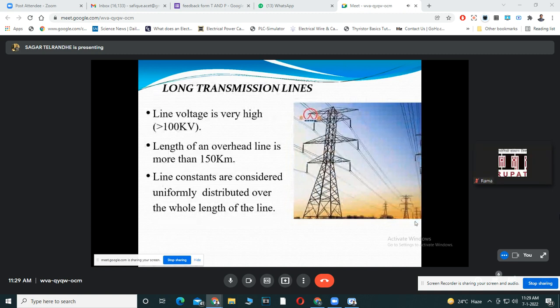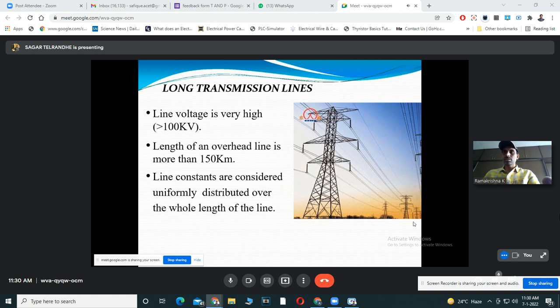Further, we have the long transmission lines. These long transmission lines have a voltage greater than 100 kV. And as I have discussed earlier, this voltage may vary from 100 kV to 765 kV in practice, and theoretically it has been studied that we can supply a voltage of 11,000 kV on the same transmission line. The length of the overhead line is more than 150 kilometers,